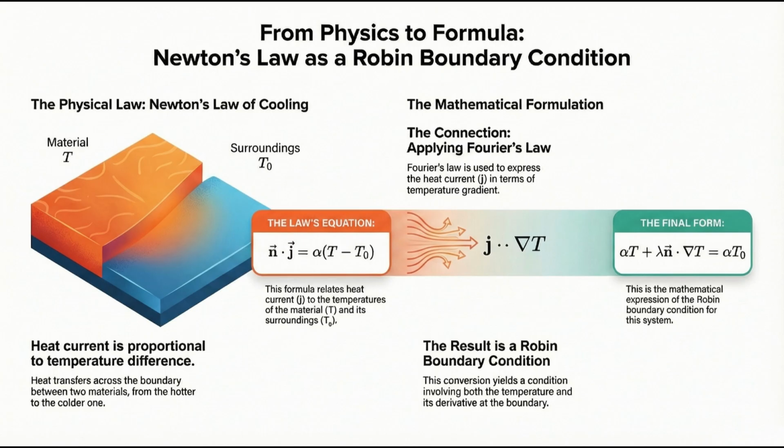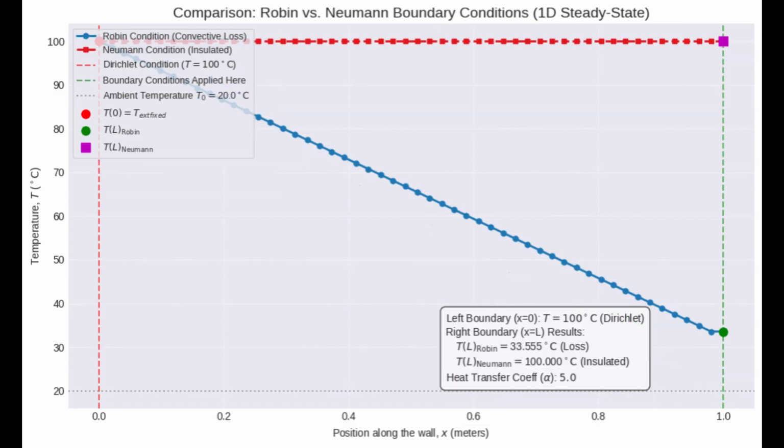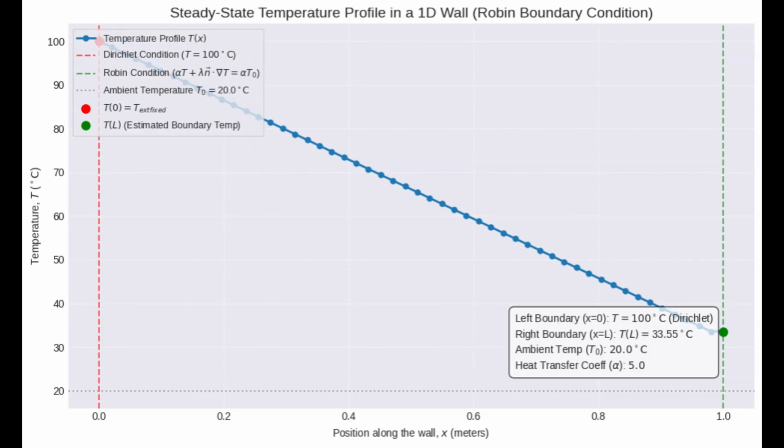Simple as that. Second, what makes this condition so powerful is that it looks at two things at once, the surface temperature and the temperature gradient. And that gradient, that's just a fancy term for how steep the heat drop is right at the boundary. So the heat flow depends on both how hot the material is and how fast that heat is trying to